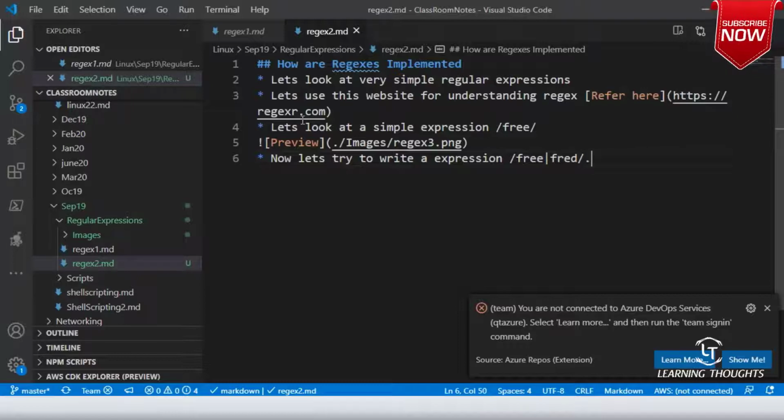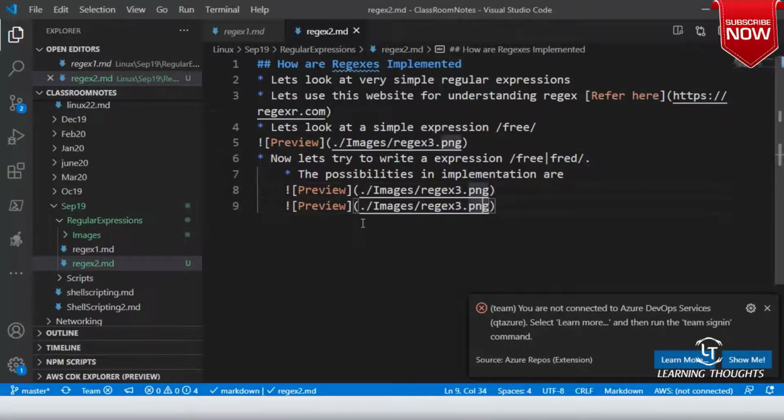Okay, so the possibilities in implementations are, okay, one is regex 4.png and regex 5.png. Okay, deterministic finite automata and non-deterministic finite automata.